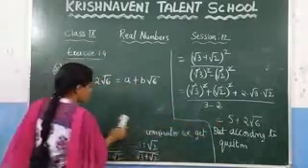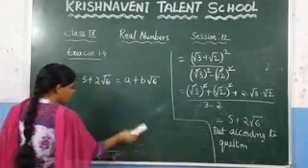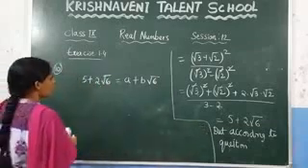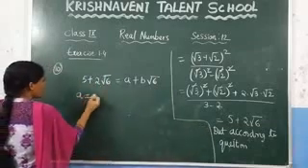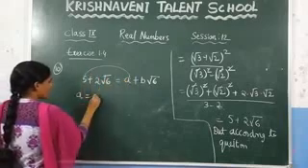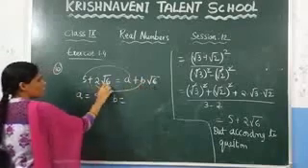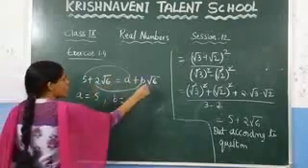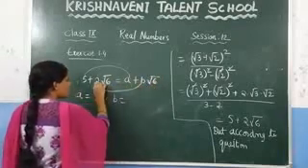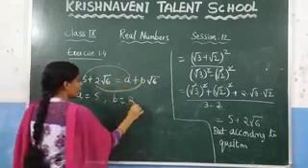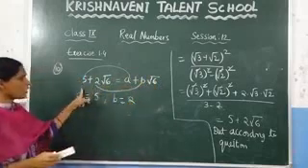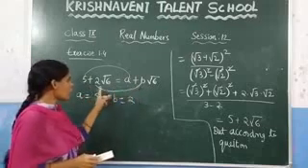So here from this what we can find? We can find the value of a and b. From this you can see clearly that the value of a is 5, and the value of b is 2. Because here in the power, in the root, the numbers are equal, you can equate their values. So what is the value of a? Here 5, and what is the value of b? Here 2.